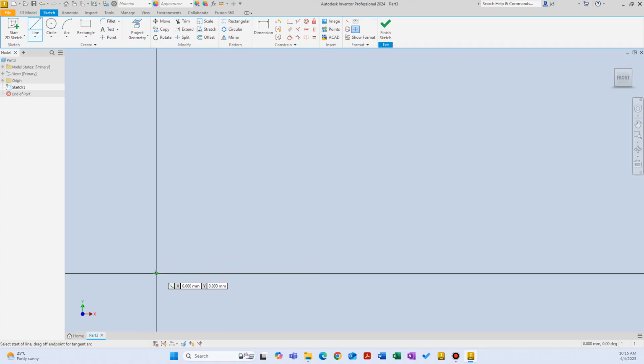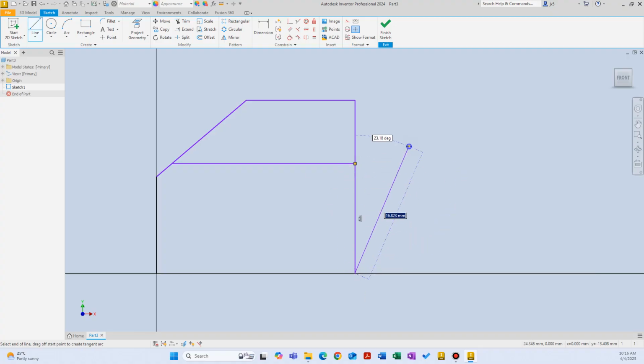So let's create a line here starting from the origin point. Maybe it's a vertical line here, and maybe it's a line with an angle here, and a horizontal line here, another vertical line here, and then maybe we end that line. Maybe we just draw another horizontal line here, and then maybe we draw a vertical line here, and then actually let's delete this vertical line and use another vertical line here, but end it here,